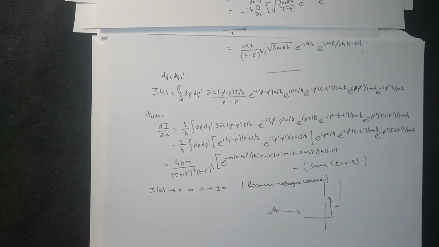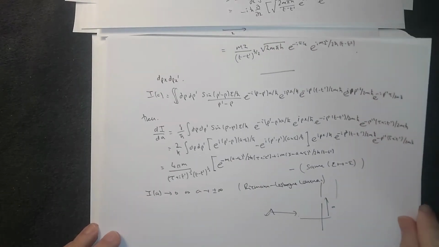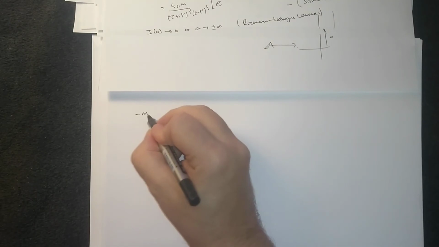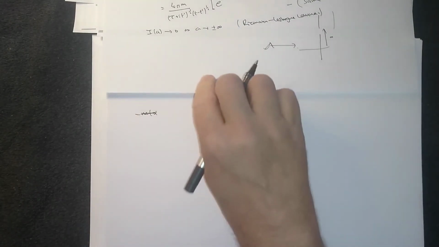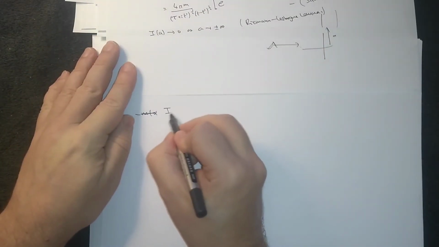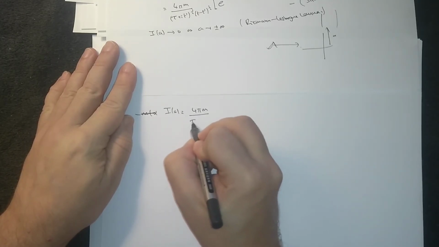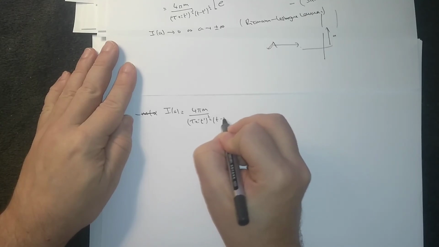For a mathematical justification. Now I want to complete the square on this, so let's examine minus m. Before I do that, let's just say that I of a then is 4 pi m over 2 plus I t prime to the 1/2 t minus t prime to the 1/2